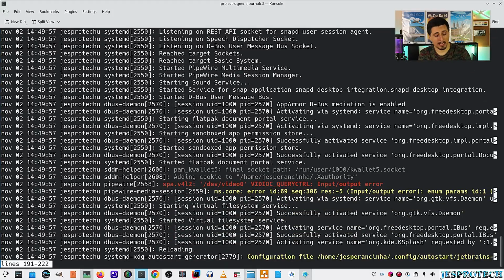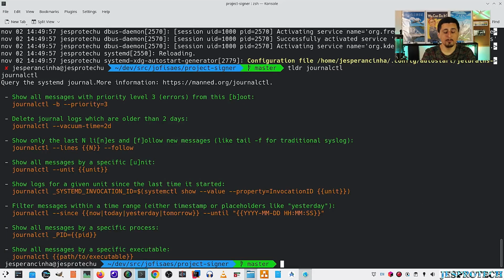We want to start from the end, and for that reason we should be able to see the last lines of these logs. And to do that, we've got here already an example, journalctl --lines, and then --follow if we want to keep following the logs. So one great way to monitor our machine is simply running journalctl and then say that we want to see the last 10 lines and that we want to keep following our logs. So if we do this,